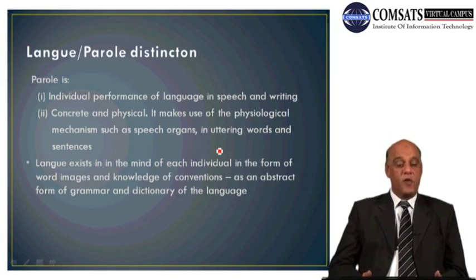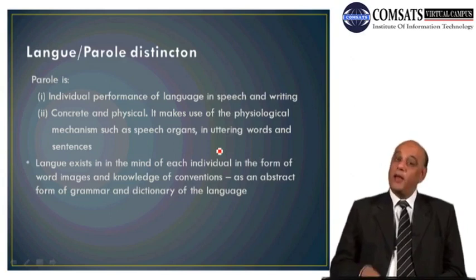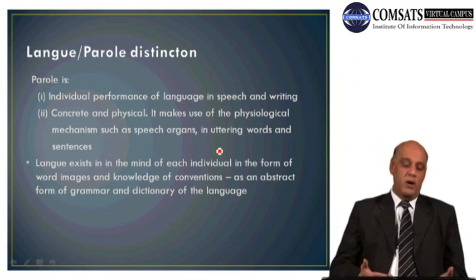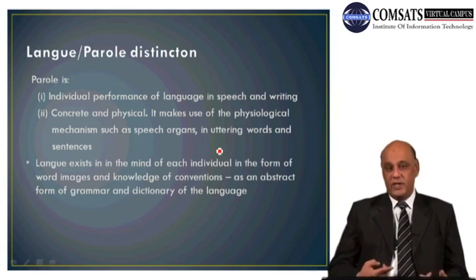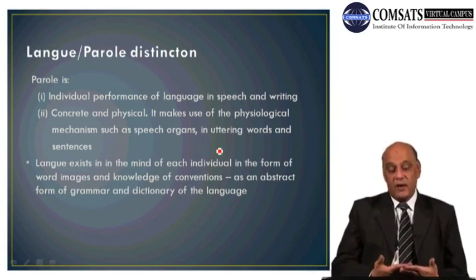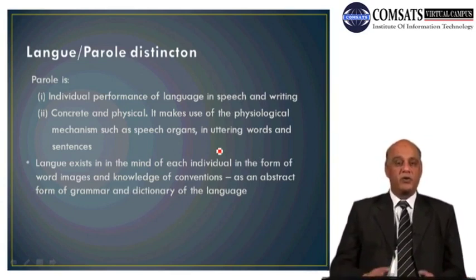And it is an abstract form of grammar and dictionary of language. So every individual, every brain has some rules, has an abstract form of grammar, and it is that abstract form of grammar that comes out and changes into a concrete form of language, concrete words and sentences. So we can say that an abstract form of grammar, or some dictionary of language, is present in the mind,